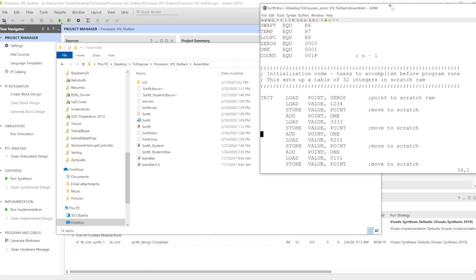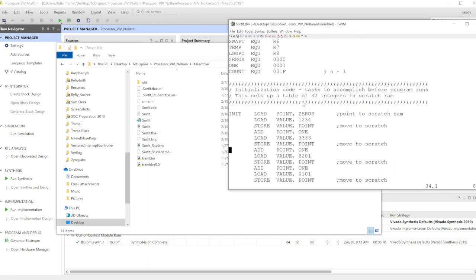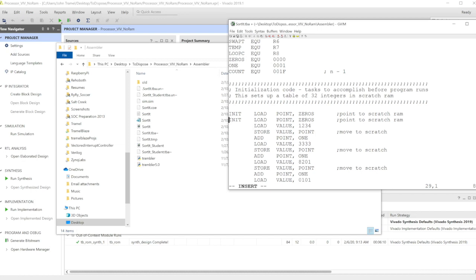So what I want to do now is make a change. So in my code right now, I have the load of my initial pointer to zeros. So imagining I had done something I didn't want to do, I'd say, okay, I want to change this. So now instead of zeros, I want to load 3, 4, 5, 6. So then I can save the file,